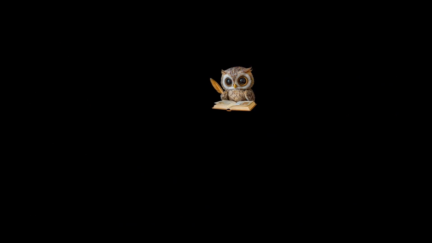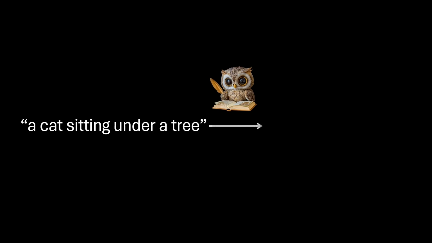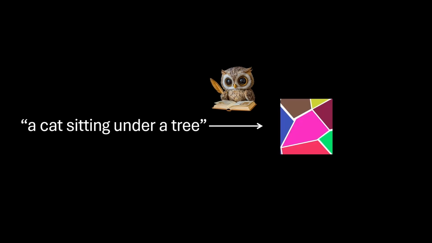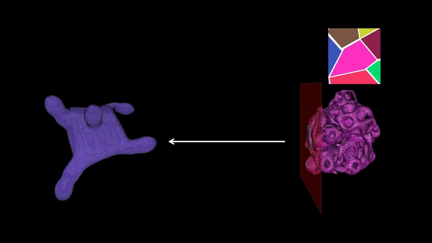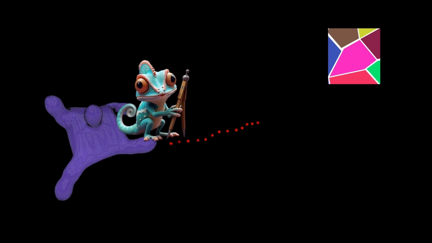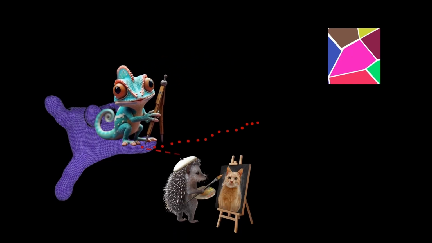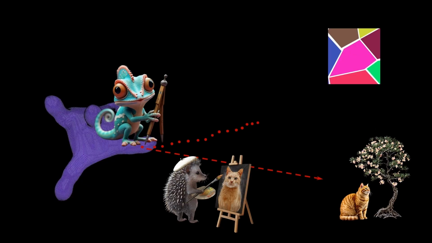When we give Cliff a description such as a cat sitting under a tree, he combines the meanings of the words to get the meaning of the phrase and uses this meaning to construct an embedding designating the submanifold that Una should aim for. So we can think of Cliff's embedding as specifying a slice of the manifold, while Una maps noisy points onto the surface of that slice. And as always, Vi maps points on the surface to images.